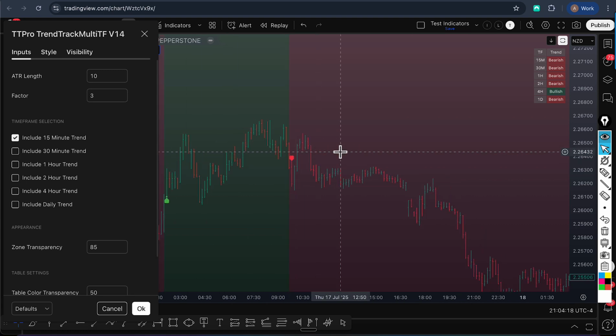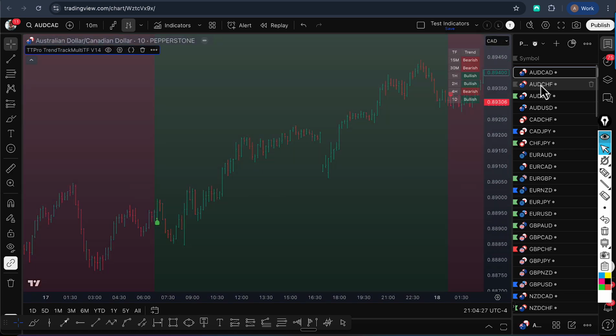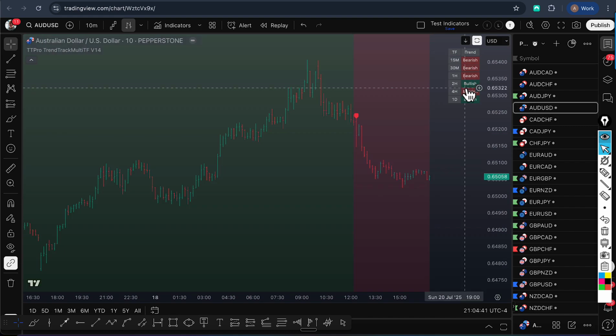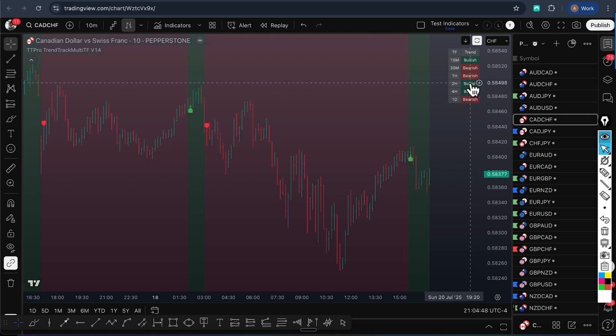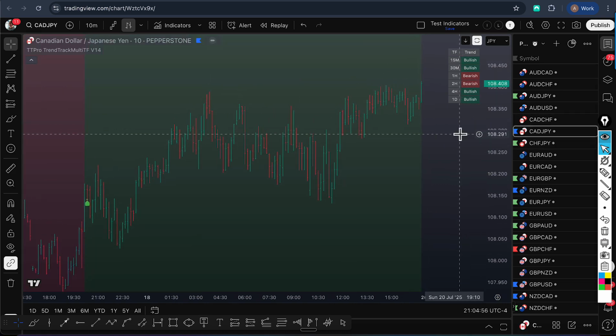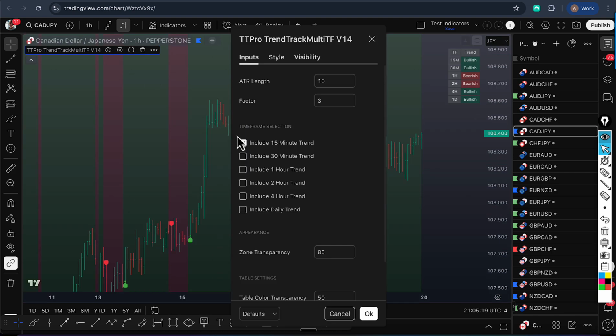Okay, if the trend is, for example, let's find a trend that is giving us multiple higher time frames heading in the same direction. So I'm looking for 2 or 3 of these to be the same. Alright, we've got a bullish CAD yen at the moment, the daily and the 4-hour. The lower time frame would be a retrace. So the 2-hour and the 1-hour, we would go to those time frames,